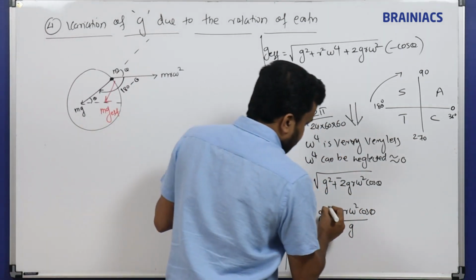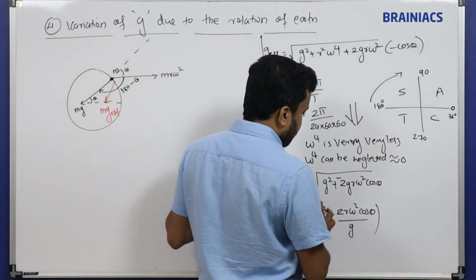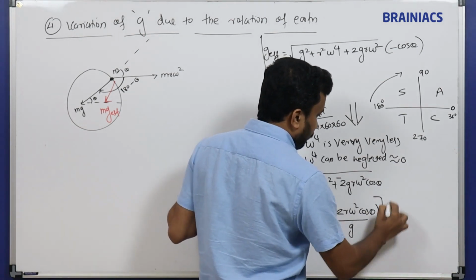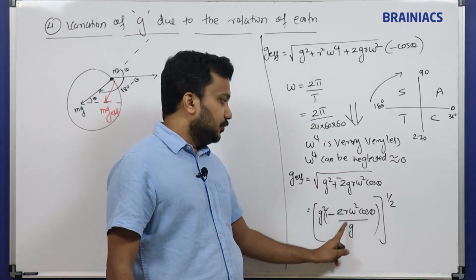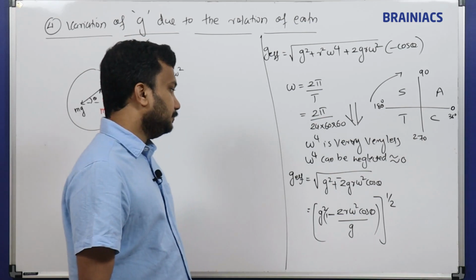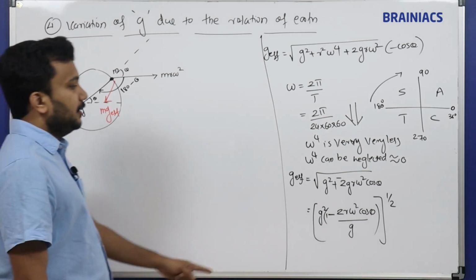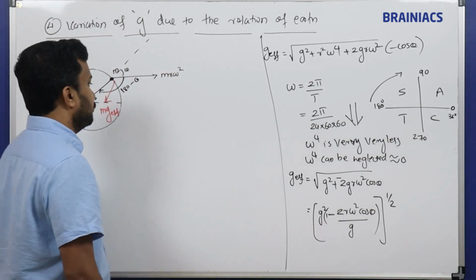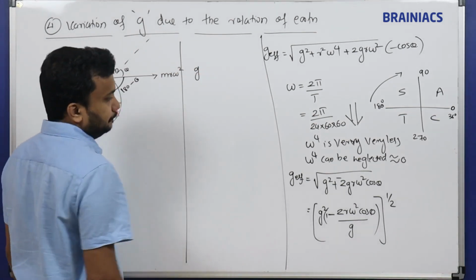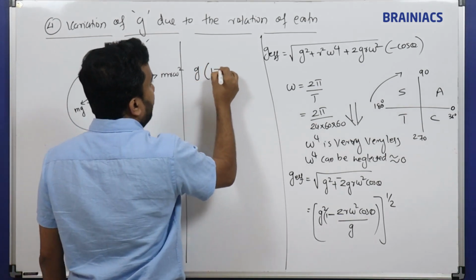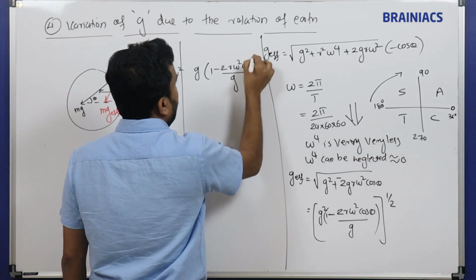Okay, G square if I take it outside means 1 minus, okay, whole power 1 by 2. This is correct, right? Whole power 1 by 2. G square taken outside, 1 minus 2r omega square cos theta. So G square will come out of the root. What will we get if G square comes out of the root? We will get only g, and within the bracket 1 minus 2r omega square cos theta by g whole power 1